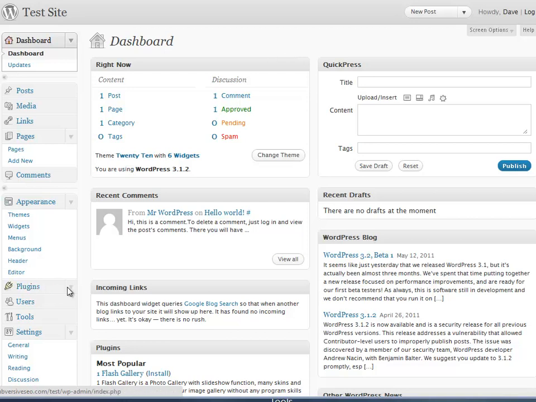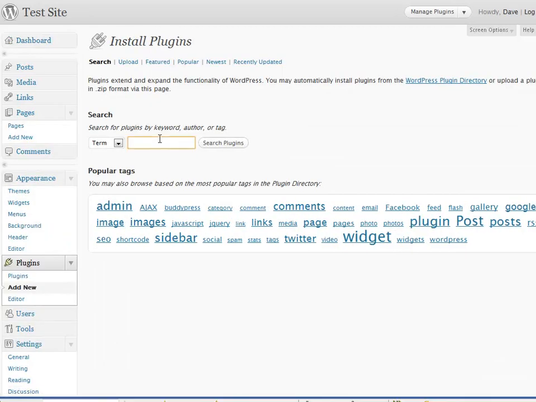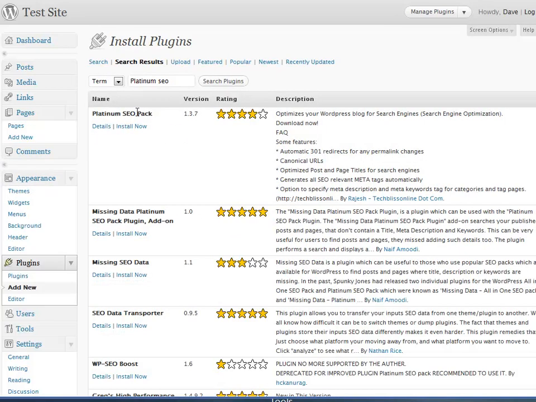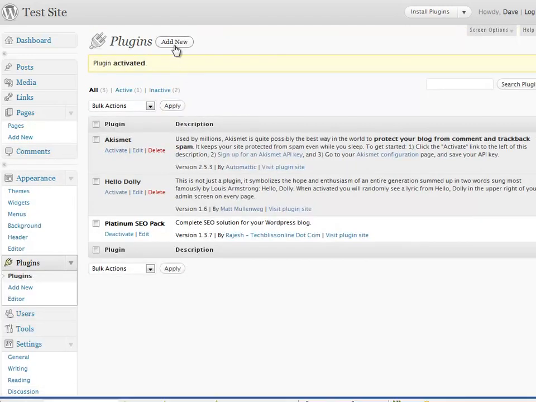So basically we go to plugins over here on the left, add new, and we're going to search for the terms Platinum SEO. There it is, just install now. Activate the plugin, click on add new,